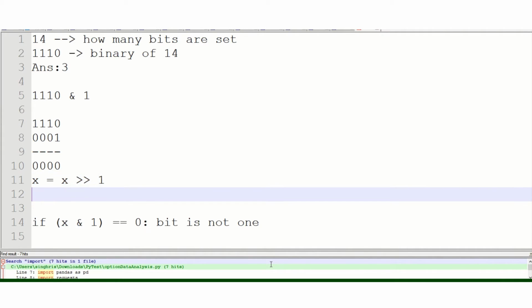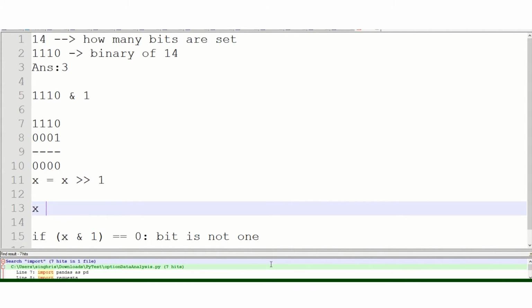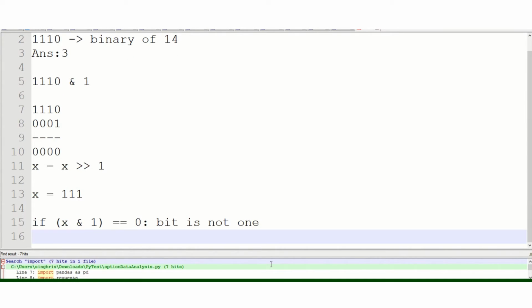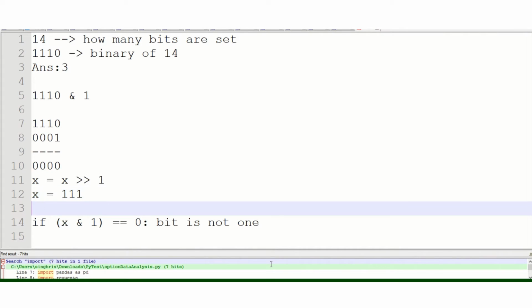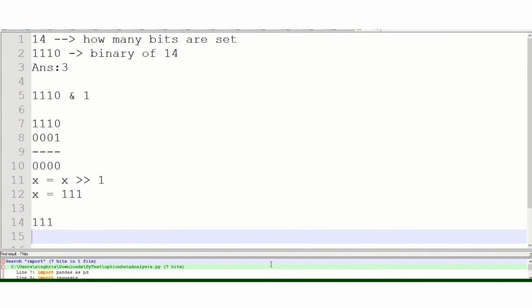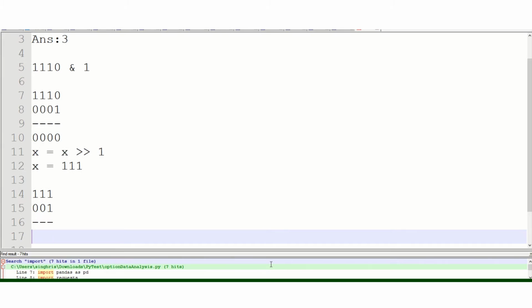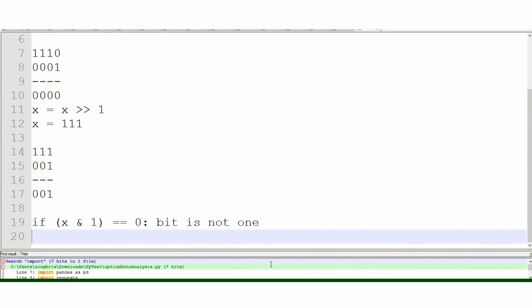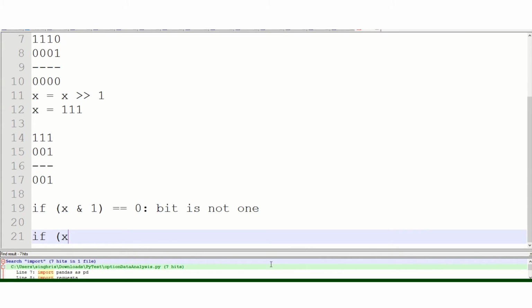So after this operation, the x value will be 111. If x is 111 and we AND with 001, then 1 AND 0 is 0, then again 0, and here 1. So this time we can write like this: if x and 1,